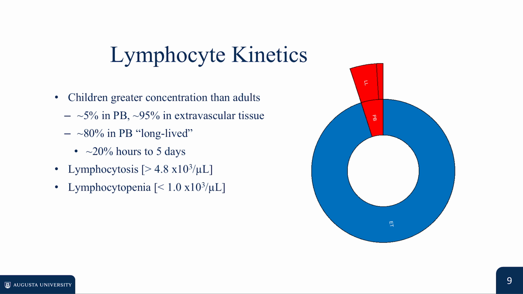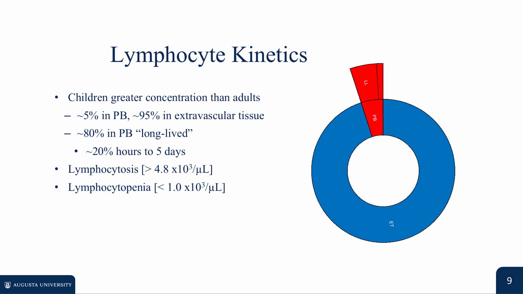Now let's examine lymphocyte kinetics, distribution, and reference intervals. Age is a major variable in clinical interpretation, as young children present with significantly higher relative and absolute lymphocyte counts than healthy adults. In infants and early childhood, the relative ratio of neutrophils to lymphocytes is naturally inverted compared to adult baseline parameters. Anatomically, only about 5% of the body's total lymphocyte pool circulates within peripheral blood at any given